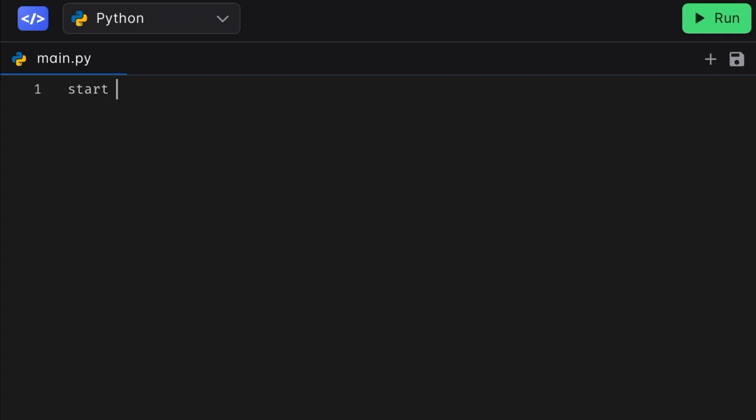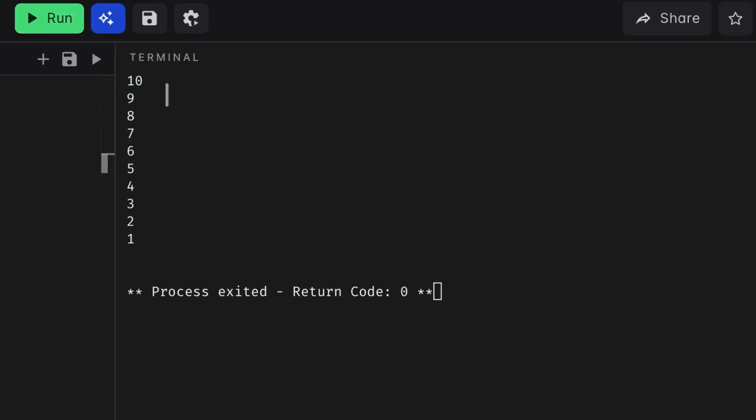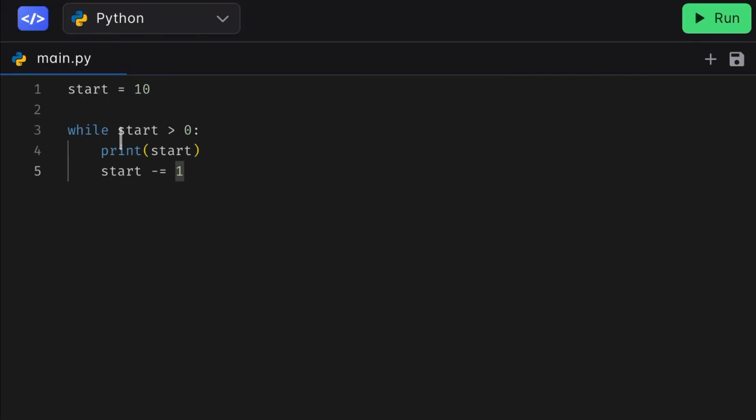So we'll create our variable called start and we'll set that to 10. And while start is more than 0, we're going to print start and then -1 from it. We could do -= 1, or we could do start equals start - 1. This is the pseudocode version, and this would be the Python version. So let's run that, and hopefully it runs from 10, 9, 8 all the way down to 1,